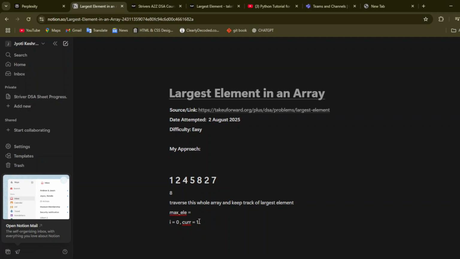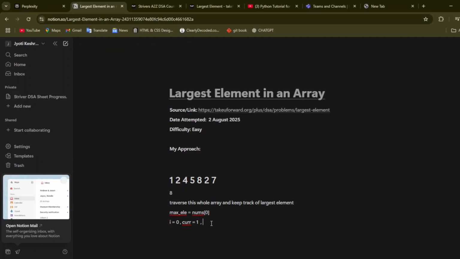Give it the value nums of 0. We are supposing, imagining, that the very first element of this array is the largest element. I don't know yet, but I am assuming it.